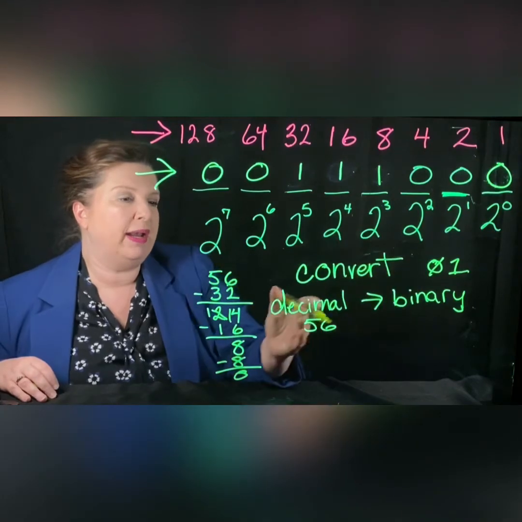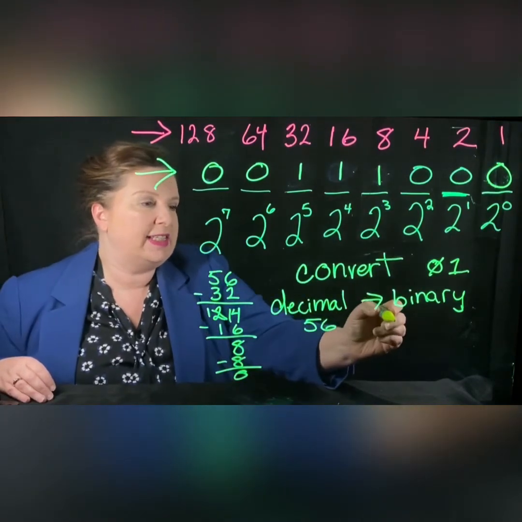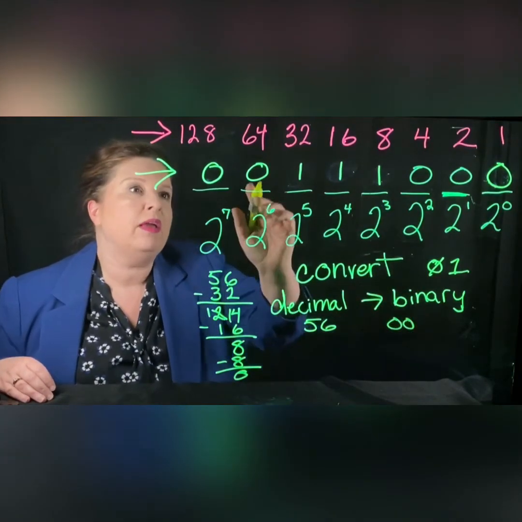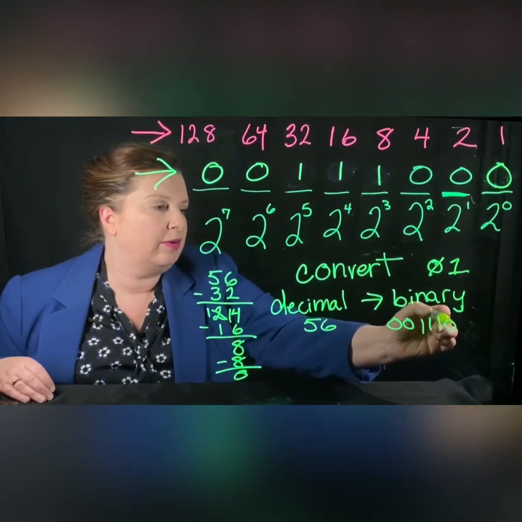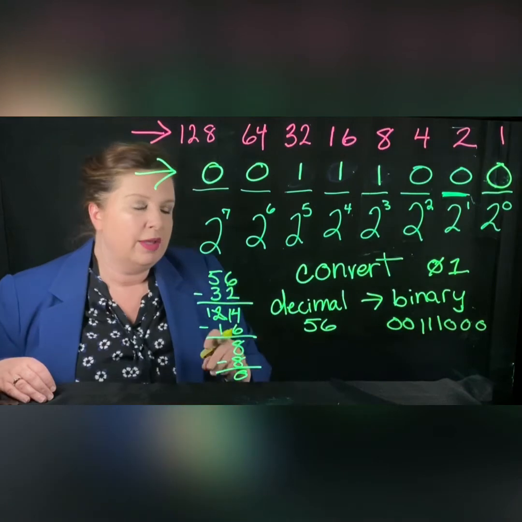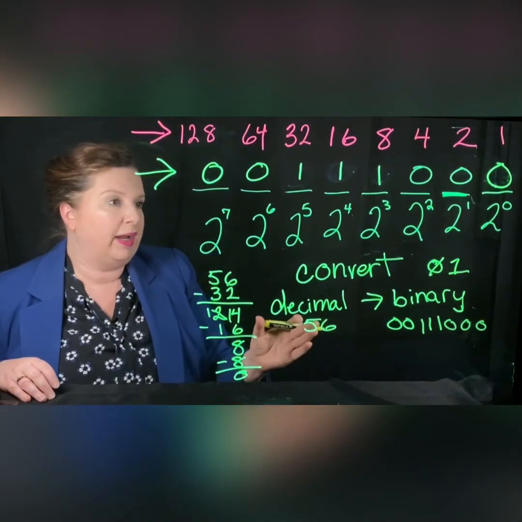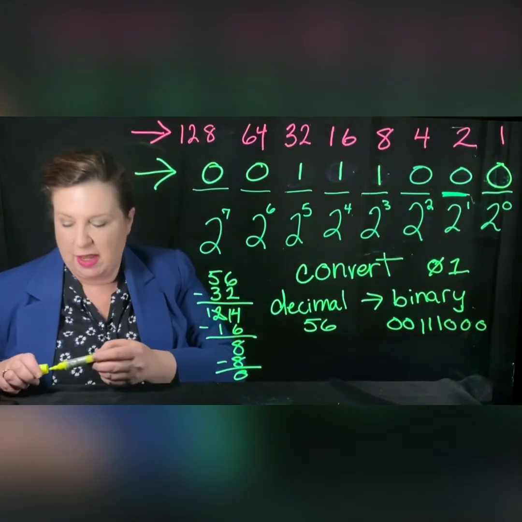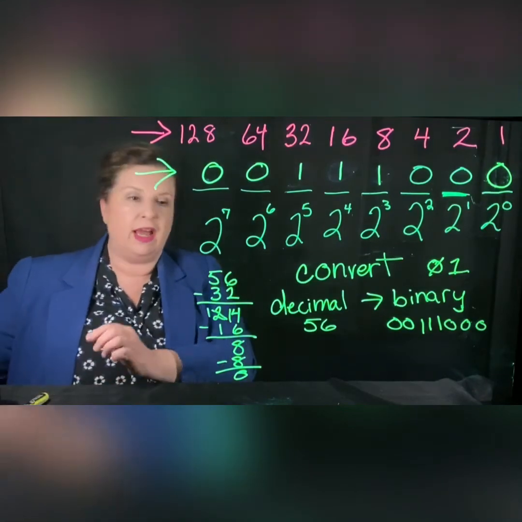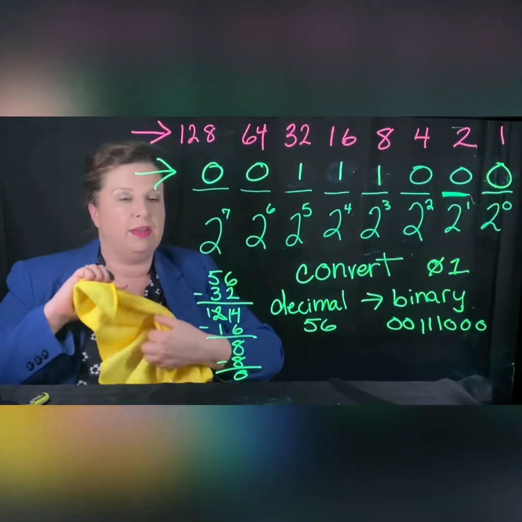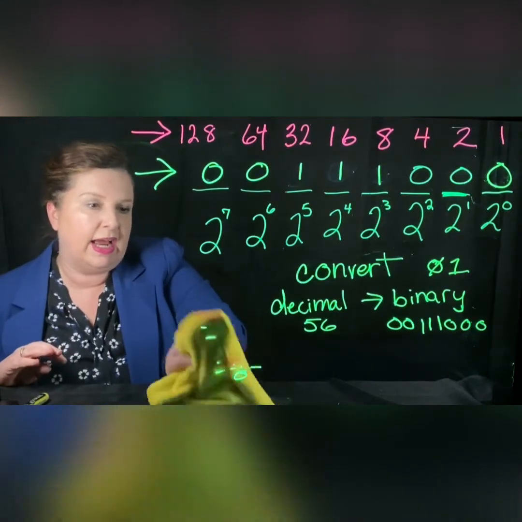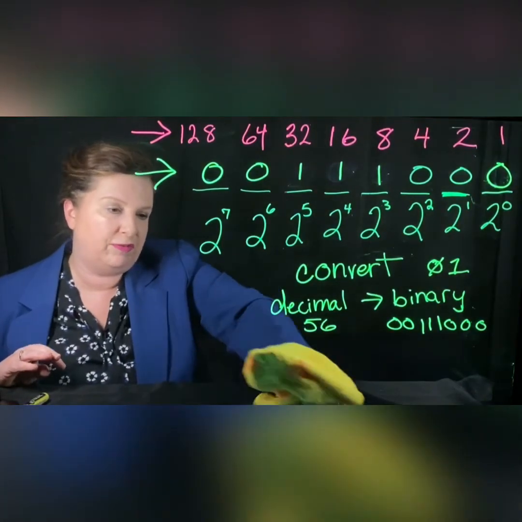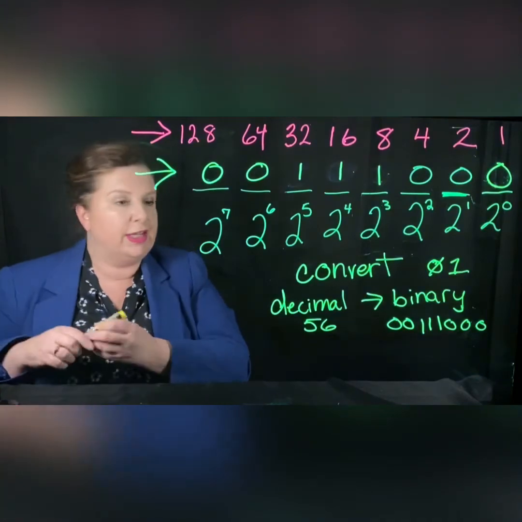So our binary for 56 is 1, 1, 1, 0, 0, 0. So there's binary for 56. We'll do this one time here for the number 255 so you can see that in action. So now the number 255 in decimal